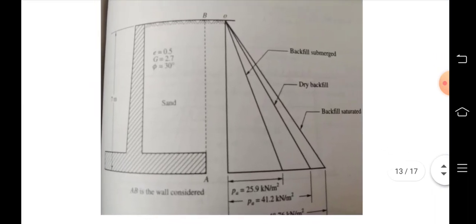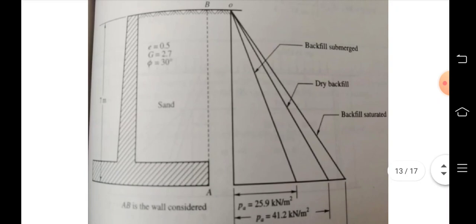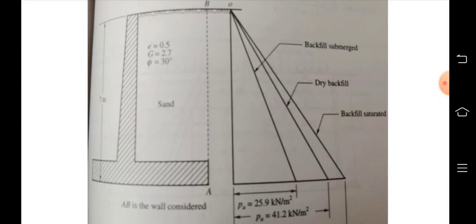So this is our figure, and this is the data. Total height is 7 meter, e equal to 0.5, G equal to 2.7, phi equal to 30 degree. The backfill is dry, saturated and submerged, and we have to calculate the